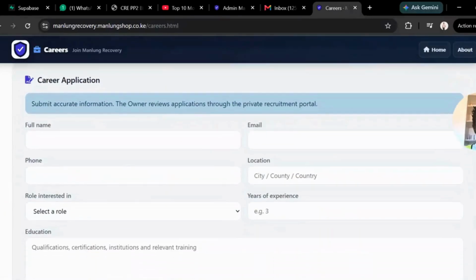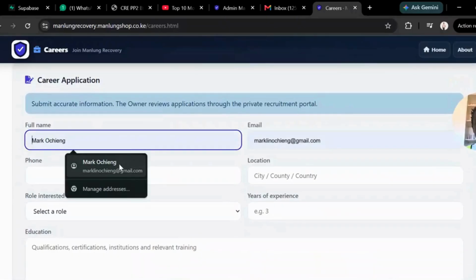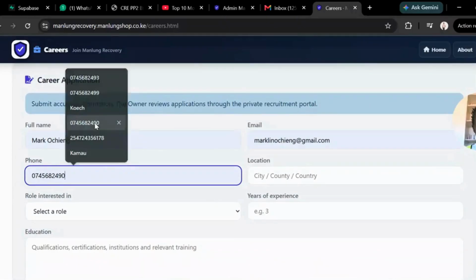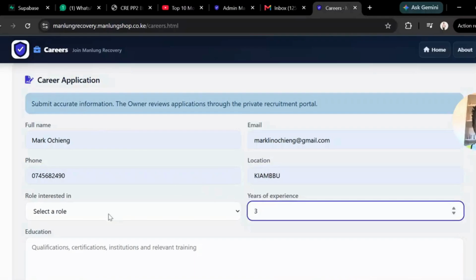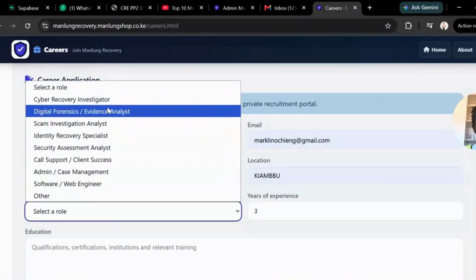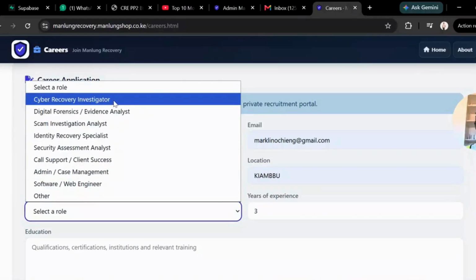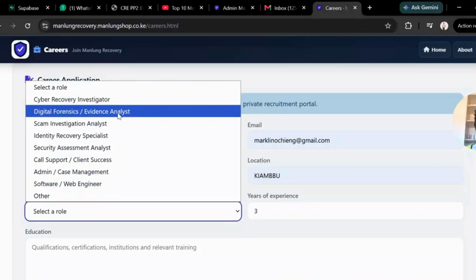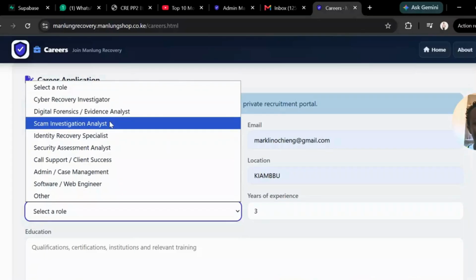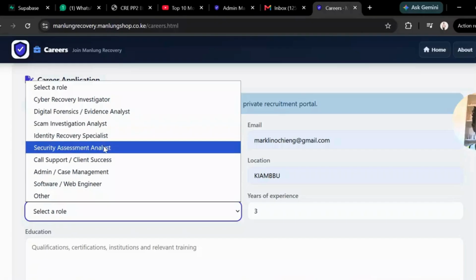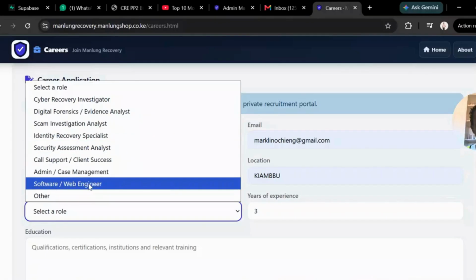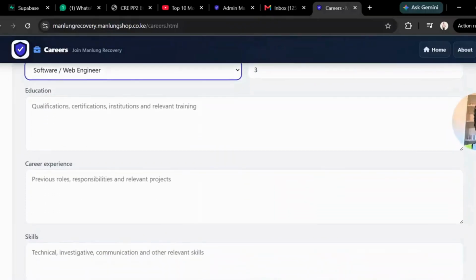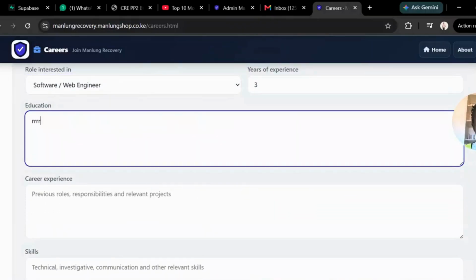So when you come to career, let's talk about Marco Ching. Let me use my email. Currently, there are no pending applications there. Years of experience, and the role I'm applying for. This is now when you're applying for a job. You can apply as a cyber recovery investigator, digital forensic analyst, scam investigator analyst, identity recovery specialist, security assessment analyst, call support, success, admin case, and software web engineer. Let me pick software web engineer. So they'll want me to take